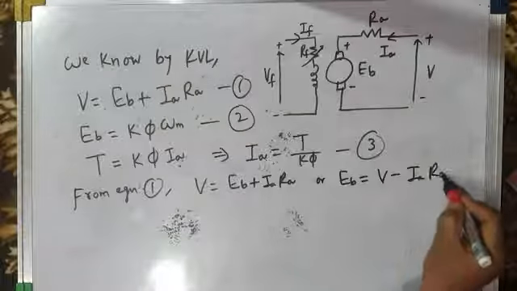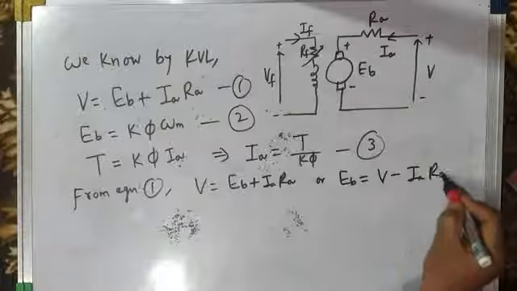Let us call this equation 4. Now substitute the value of Eb here and also substitute the value of Ia from equation 3 into equation 4. That means substituting equations 2 and 3 in equation 4